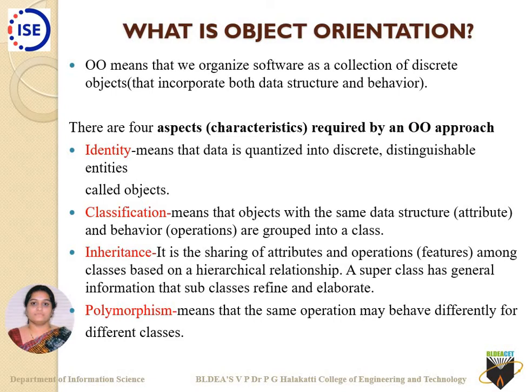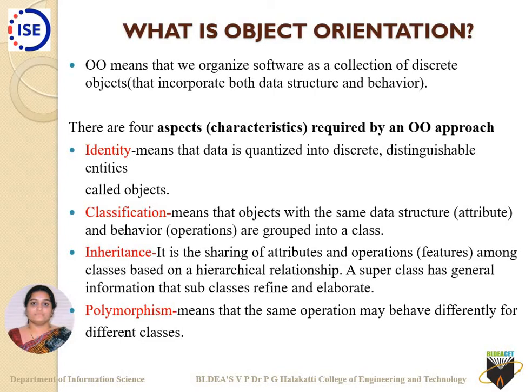Then let us come to know what are the aspects or characteristics which I'll be looking for in any object oriented approach. By now I hope I am very clear with what we mean by an object and how an object plays a very important role. Previously, with C as a programming language, we came across structured programming, but here we will come across object oriented programming.